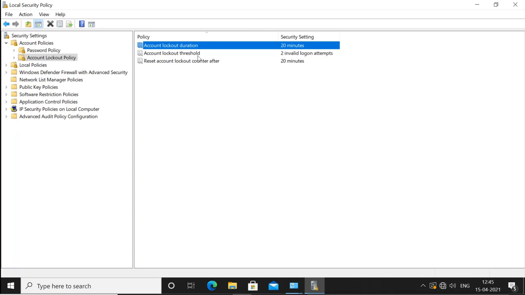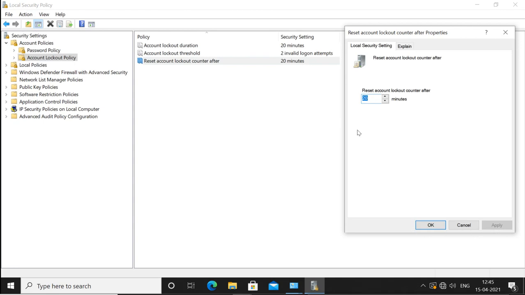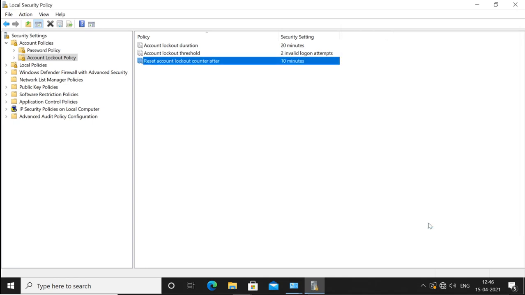So those hackers who are using tools to run 1,000 passwords within a minute, if they come up with the right password, it will still not match; it will fail. Then this will reset the counter. I don't want the user who knows the right password to wait for 20 minutes, so I can reduce the time. After 10 minutes users can use the right password, but if they don't know it, they have to wait for 20 minutes to try other passwords again. Until then the account will be locked.